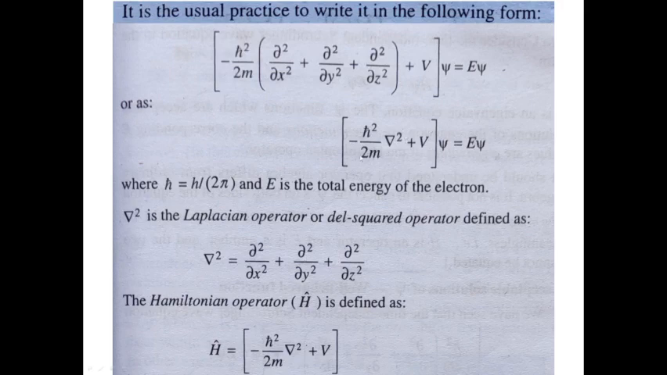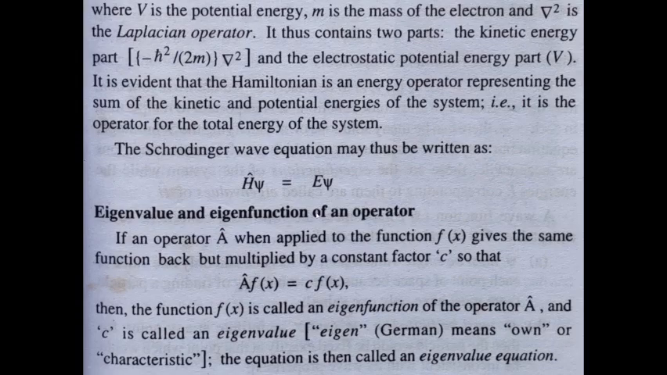Then we have taken h bar, h by 2 pi, all these things we have done. Del square is the Laplacian operator, and then what remains is this whole term, which becomes the H operator, the Hamiltonian operator, and we get the equation H psi equal to E psi. Here v is the potential energy and m is the mass of the electron. Del square is the Laplacian operator, and it thus contains two parts. One is the kinetic energy part,